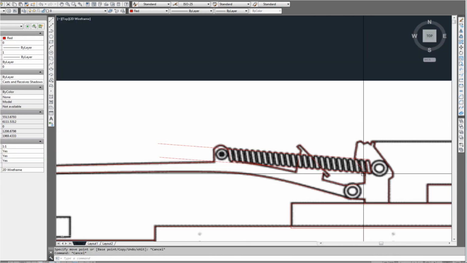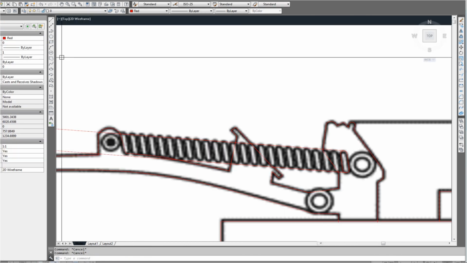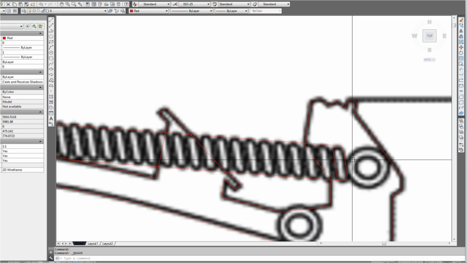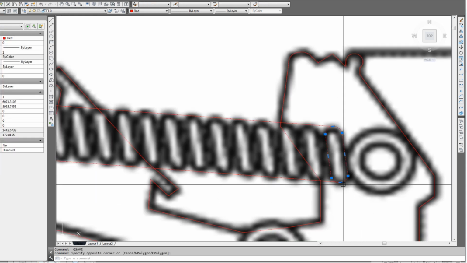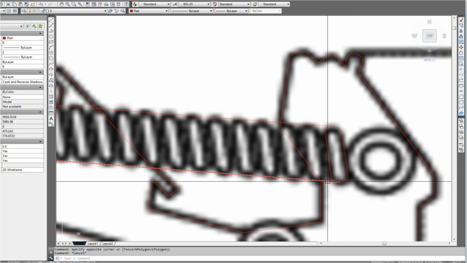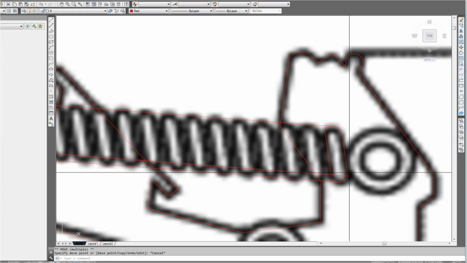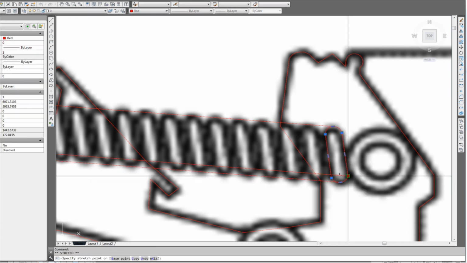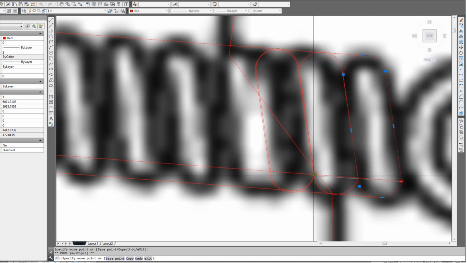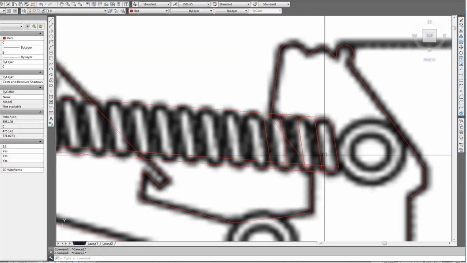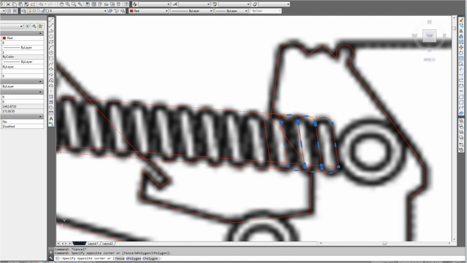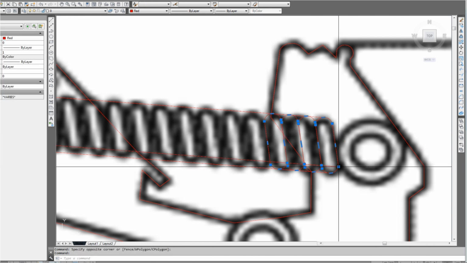Now we could do this as an array, which can be a bit fiddly sometimes, but it's only a small amount, so what we can actually do is create this line here to there, and then move a copy of this from here to here, there to there, to there. So now we've got a few of these, we can actually start copying this a lot faster the more we grab. So grab that grip, I'm going to move a copy across,